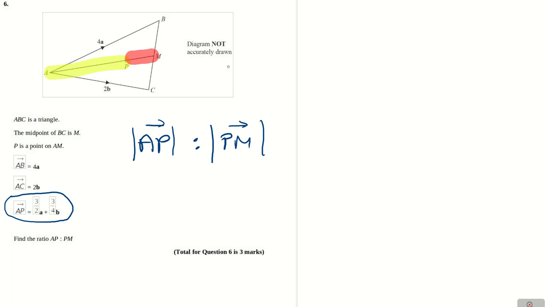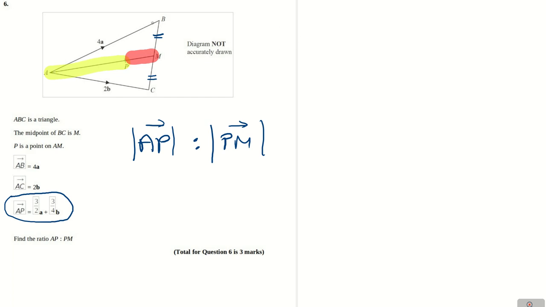Now it also tells us that M is the midpoint of BC, so I'll just stick my lines there showing that those two are equal. And I think the first thing we need to do is to work out an expression for this vector CB. And that's quite easy because